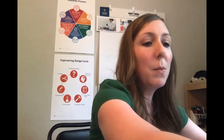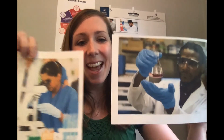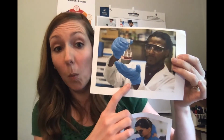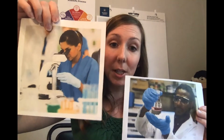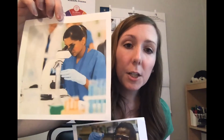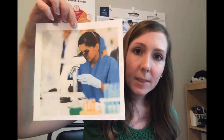Okay, I have two more scientists working in a laboratory. What do you notice? I see that this man, he is working again with chemicals. He's wearing gloves, he's wearing a lab coat, he's wearing goggles. But this woman, she's wearing a lab coat, she's wearing gloves, she's not wearing goggles, but it's because she's looking at something. What is this tool that she's using? Do you know what that's called? It's called a